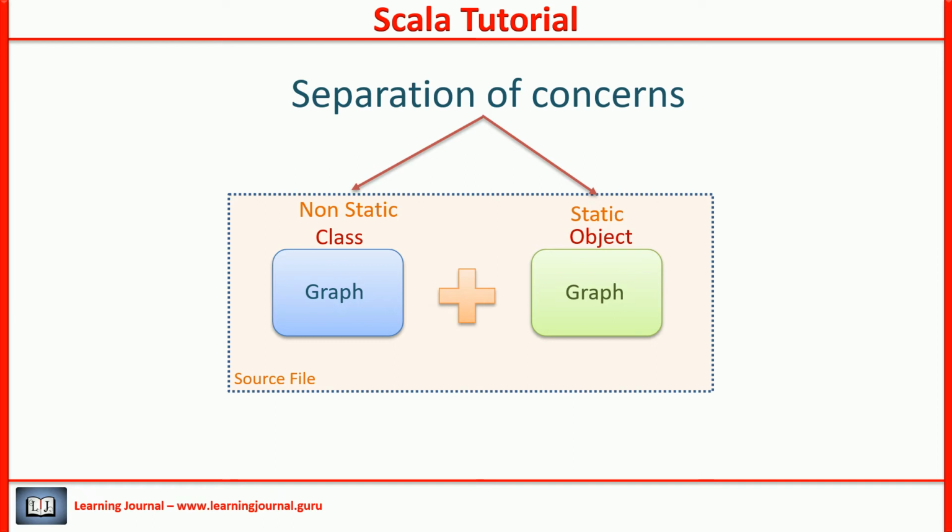It is like you have a pair of companions, class and its companion object. They go everywhere together. The object takes care of all the static concerns and the class takes care of all non-static concerns. Two bodies but a single soul, made for each other. Simple as that. Let's take an example to understand the implementation.